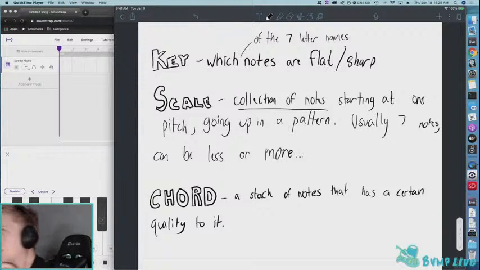But the key is more important when you're writing sheet music. But it's also, you know,